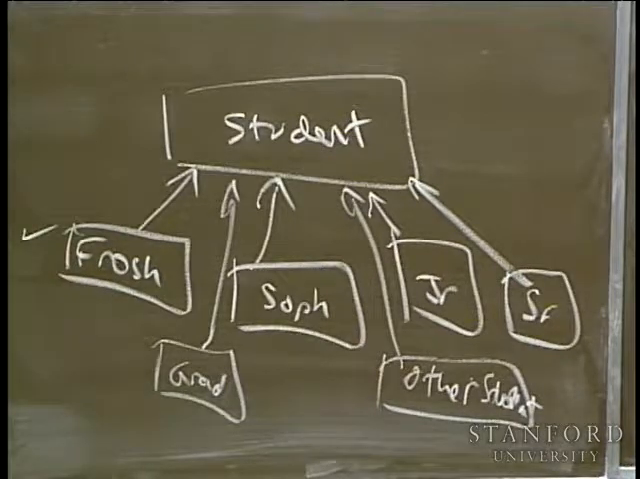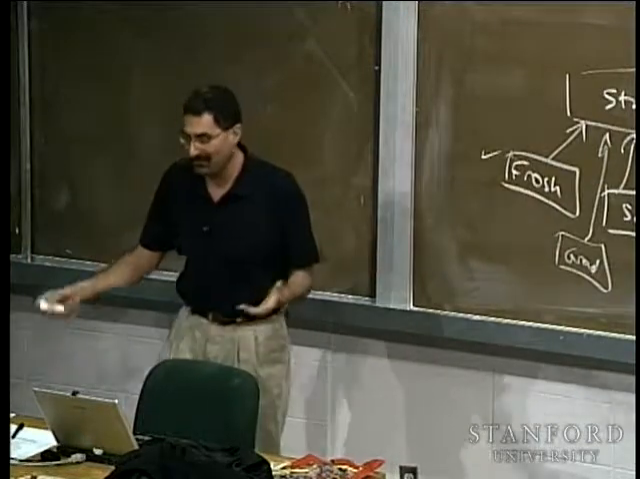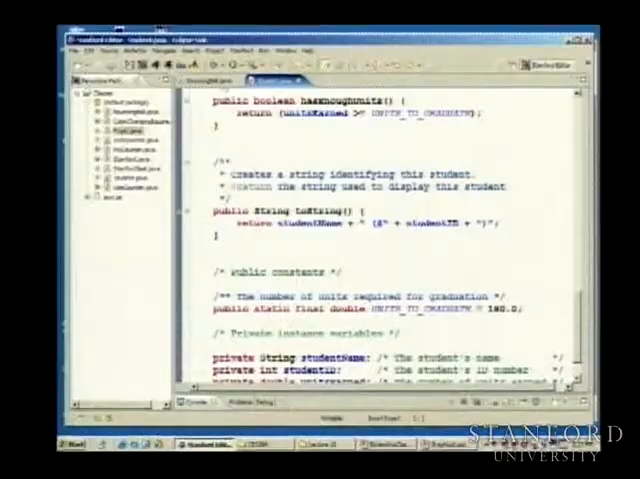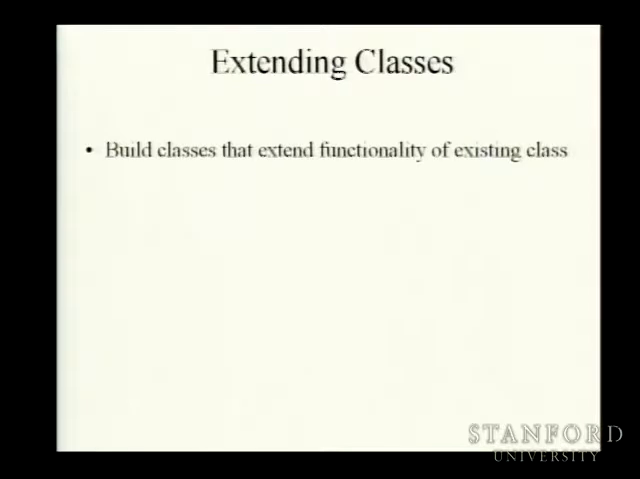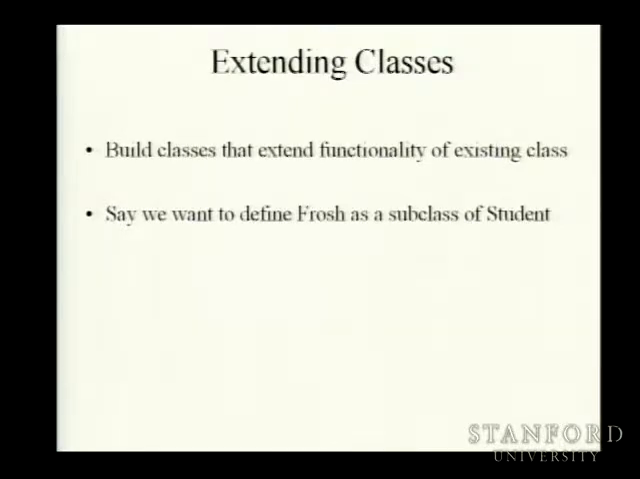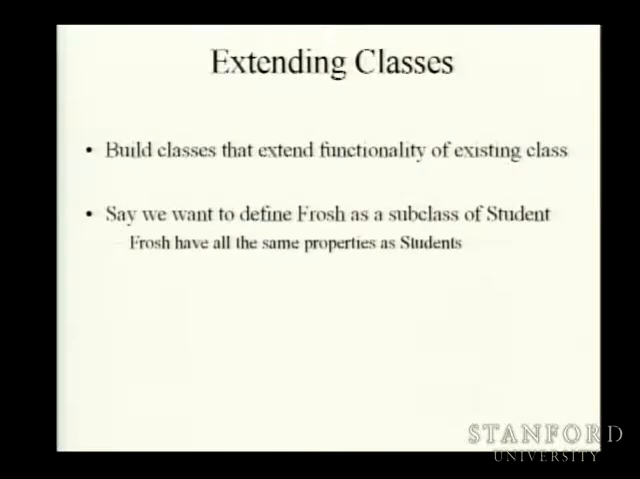Let's write the frosh subclass. How many people in here are freshmen, frosh? Woohoo! So hopefully I picked the majority class. So we're just going to go ahead and create a new class by extending the student class. So what we're going to do is build a class that extends the functionality of our existing student class. Okay? And in this case, what we want to do is create a frosh subclass of student. So we want to create this subclass here called frosh that is a student, which means it's going to extend student. Okay? So frosh will have all the same properties that regular students do, except for the fact that they